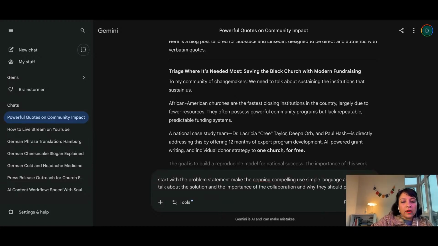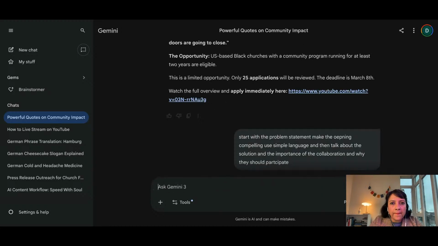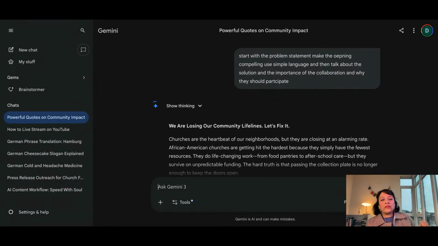Now, the more clear you are with communicating with AI, the better your output is going to be. And as I said, it's all a game of practice. I've been writing and communicating with people for so long that I just know exactly what to tell the AI. Even if you're relatively new, once you start using these models, you'll figure it out. You'll know exactly how to command them. So let's see why they should participate, and let's see. I hope it's a better version. Sometimes, if you do a really good job of communicating, then they will one-shot it.